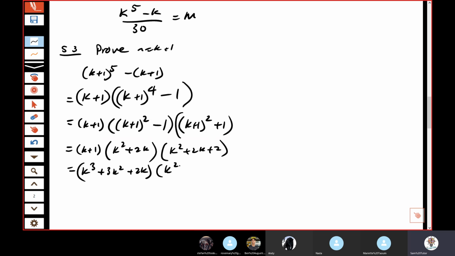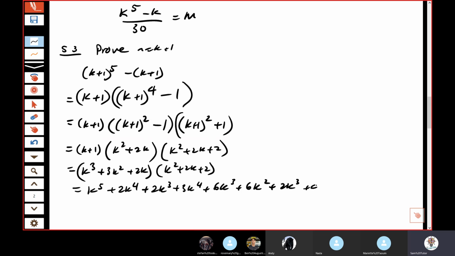That whole thing multiplied by that. That becomes k5 plus 2k4 plus 2k cubed plus 3k4 plus 6k3 plus 6k squared plus 2k cubed plus 4k squared plus 4k equals